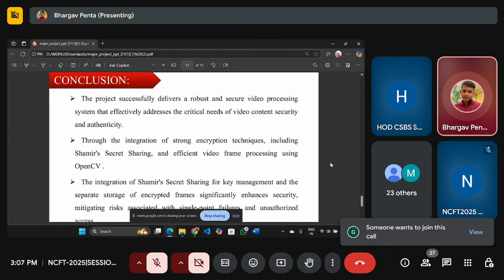To avoid the problem, we have developed this, where only authorized users can access our site, and they can transfer the video, they can encrypt, and by using the same key, they can decrypt. By using this, we can securely share the video. That's